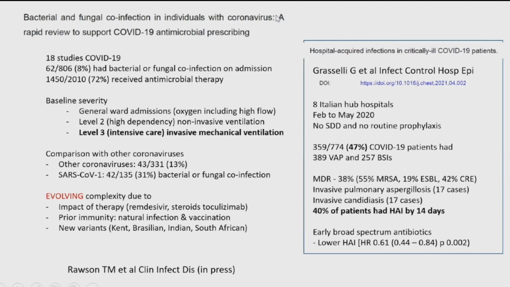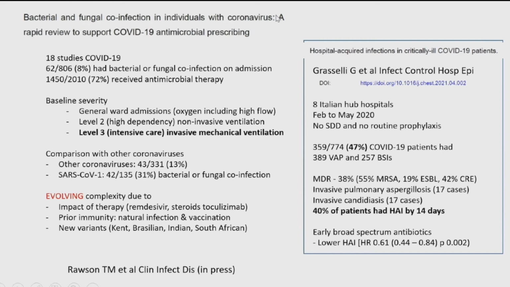Now, if you look at antimicrobial prescribing, in this study by Rawson et al., they looked at 18 studies for antimicrobial prescribing in COVID-19, and they found almost 8% incidence of bacterial or fungal co-infection at the time of admission, and 72% of the patients did receive some sort of antimicrobial prophylaxis at the time of admission. This was more commonly used in patients who were admitted to the ICU and were undergoing invasive mechanical ventilation. If we compare this with the other coronavirus infections, it is significantly more, because in the older data we can see that it was used in only 13% and 31% in